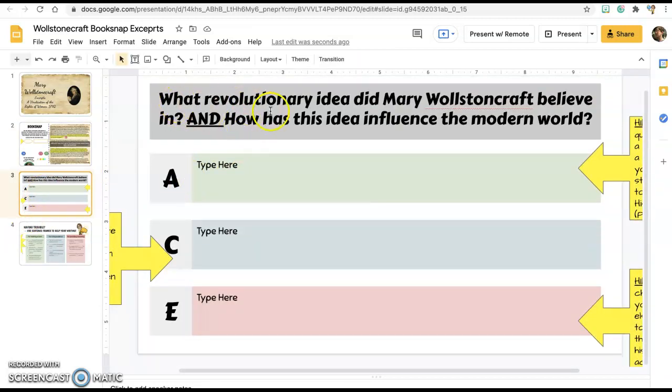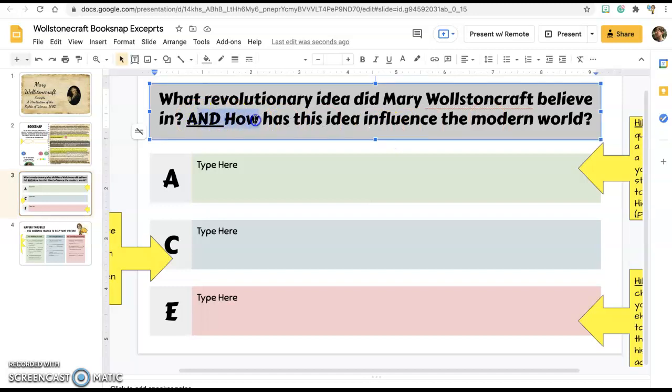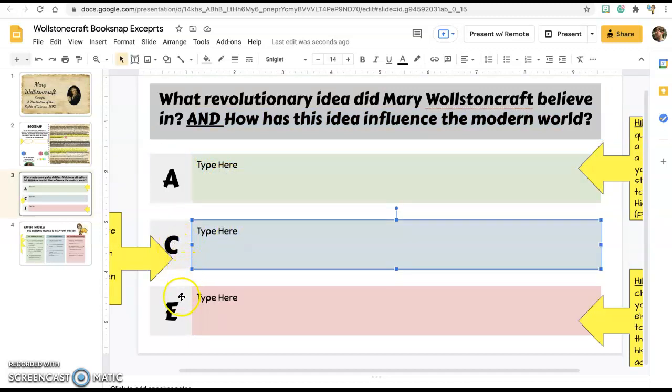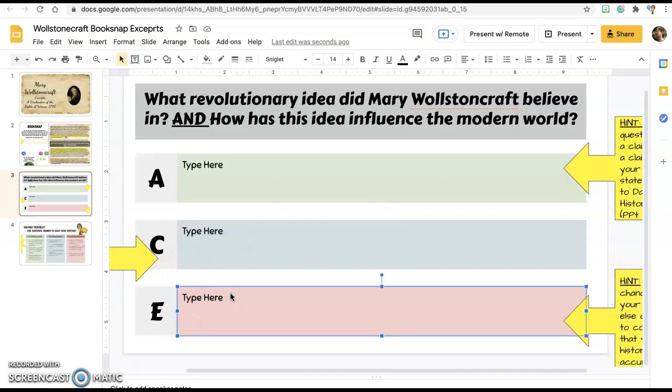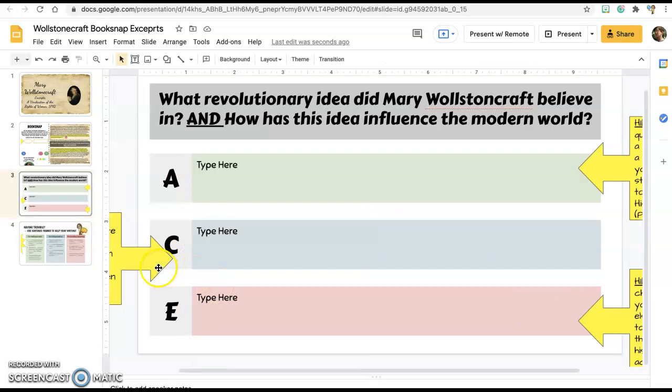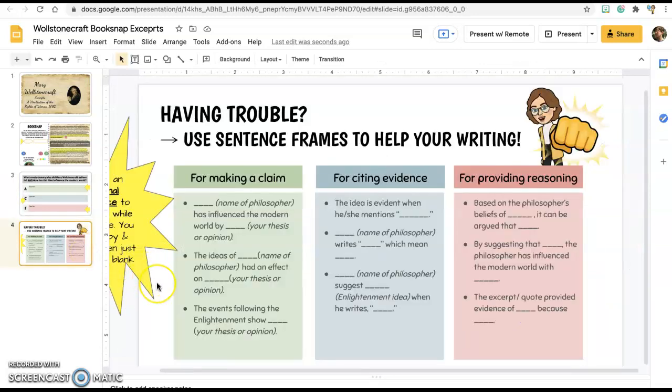So we're going to answer, what revolutionary idea did Mary Wollstonecraft believe in, and how did this influence the modern world? So here you write your claim, here you give me your evidence, here you give me your reasoning, and if you get stuck with that, you can take a look at these yellow hint boxes to help you out, or you could take a look at the sentence stems that are in the slide